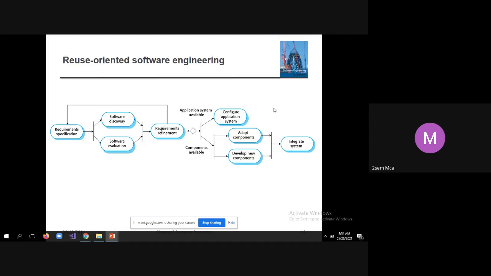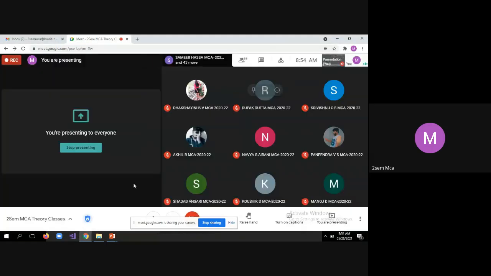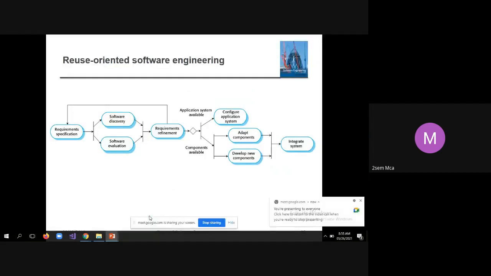Because as a company keeps developing so many projects, it will have its own internal repository wherein they will be storing one copy of the code. As and when they get similar types of projects, they'll explore that repository to identify code that can be reused, which will greatly save the developers' time and budget. That is very important. It will save the budget and help the company deliver working software within time.